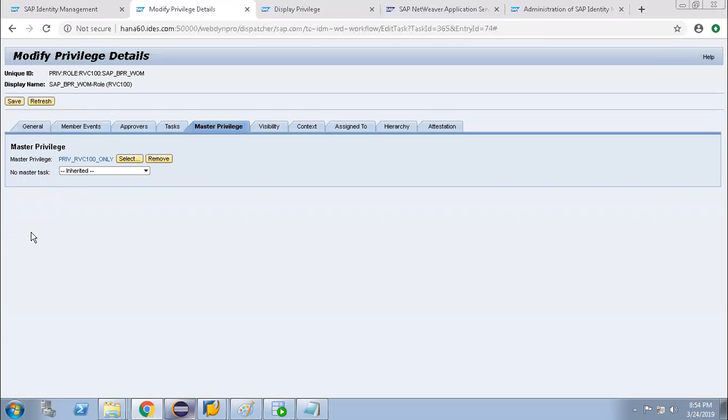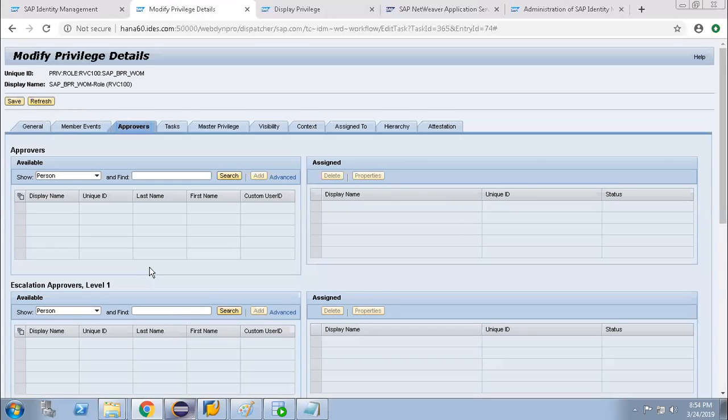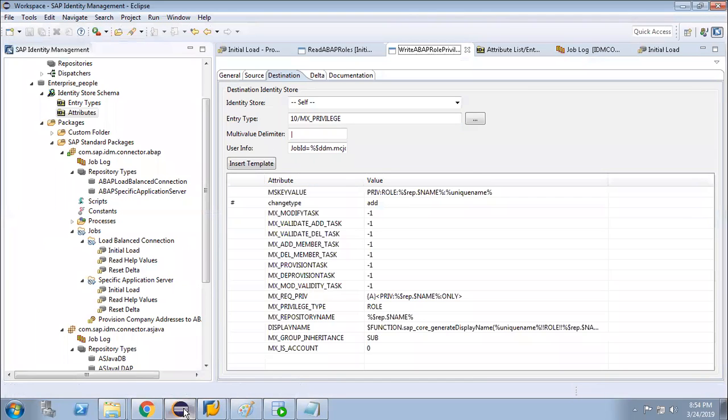Here we are defining the approvers for the privileges. Also, we are defining the approvers for the roles, right? Yes. So in those cases, which will decide that? When we discuss the approval workflow, this part will be clear to you.